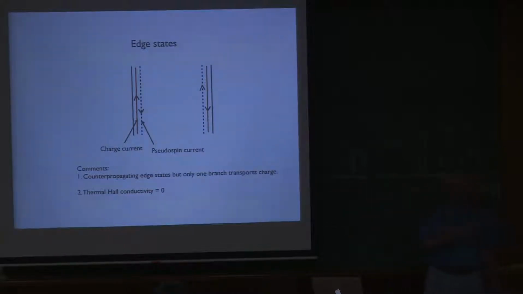In the standard integer quantum Hall state of electrons, it's quantized to be an integer. Right? But here it's quantized to be 0. Sorry,